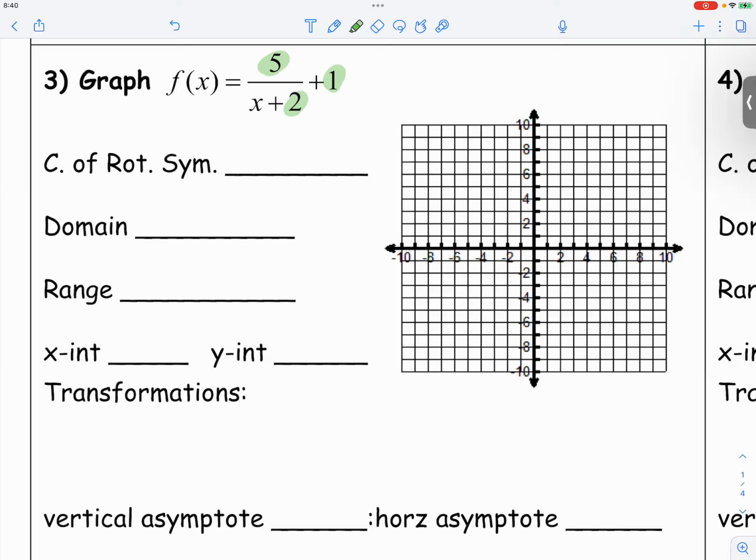Up 1, yes. Now I would put the up 1 right at the end. Left 2, wonderful. And what about the 5? It's a vertical stretch by 5, okay, by a factor of 5. Now, how will these